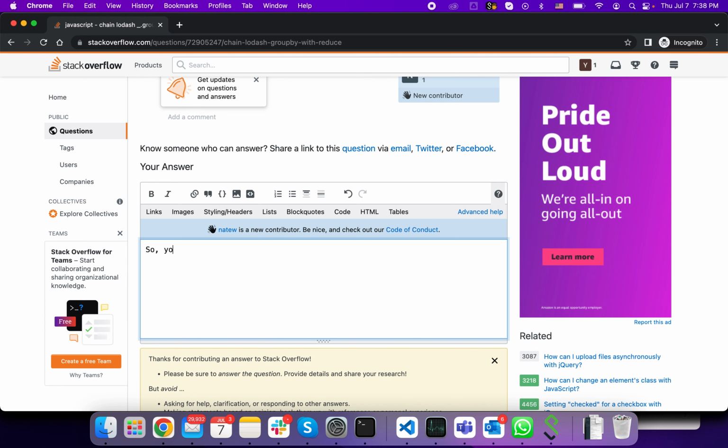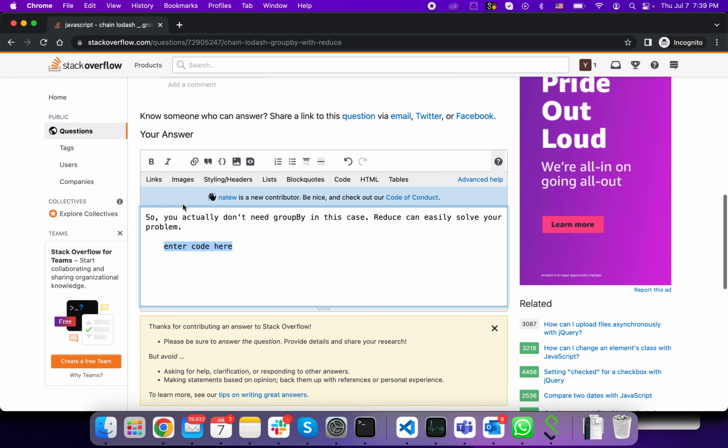Okay, so you actually don't need group by in this case. Reduce can easily solve your problem. And now I'm gonna write some code. So I have an array called array. All right, so array reduce, and then I have a function